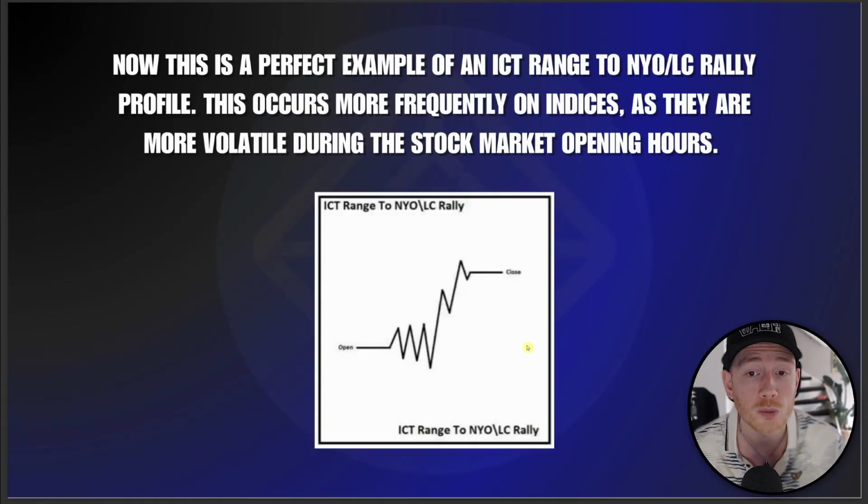Now, this occurs more frequently on indices. And why is that? Because on indices, the market is way more volatile when the stock market exchange opens. With Forex, there can be a lot of volatility during London. Indices sometimes have that as well, but it is way more likely that there is going to be a consolidation